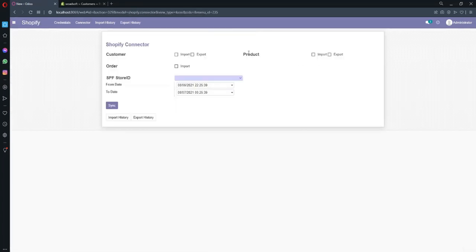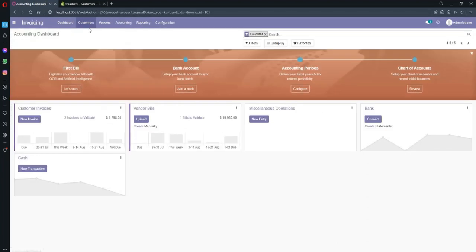The next one is the products. This service also has two options, import and export. First we have to create some products in Odoo. So I'm going to go to invoicing, customer and products.